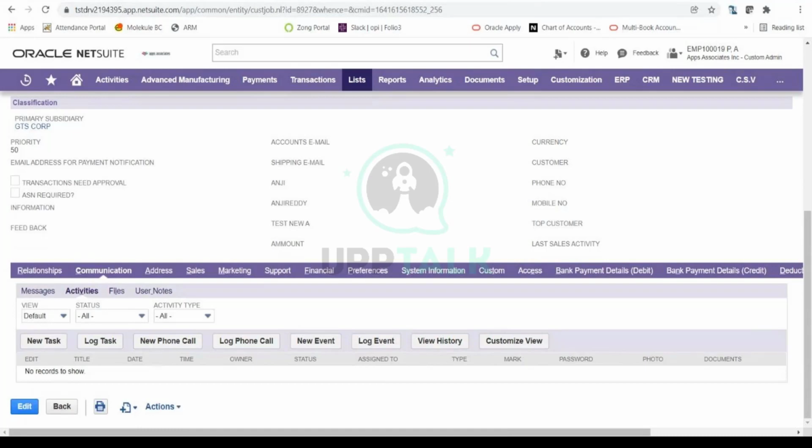So again, very important from a sales and marketing perspective, where they actually want to see how the sales reps are performing with the lead and what sort of activities they are doing, and they can review that, make sure that they are doing it in the right path. If there is anything wrong, the sales manager could chime in and ask the sales rep perhaps to actually schedule more events, more phone calls or emails to convert this lead into a customer. Okay, so this is the whole purpose of maintaining activities on